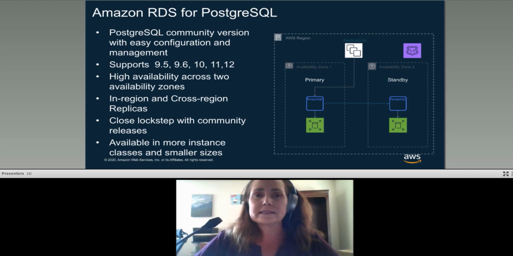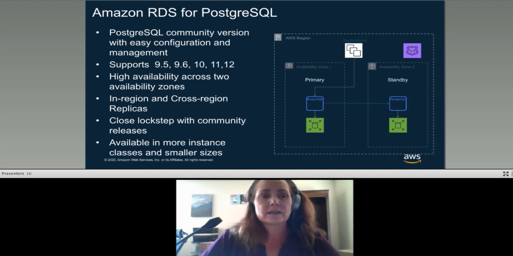But the good thing about this setup is that I can take backups against my standby, right? So when I'm doing the backup and the snapshot, I don't have to affect the primary, although you're not going to notice any performance hit from that. So I talked about this here in region. It's very close